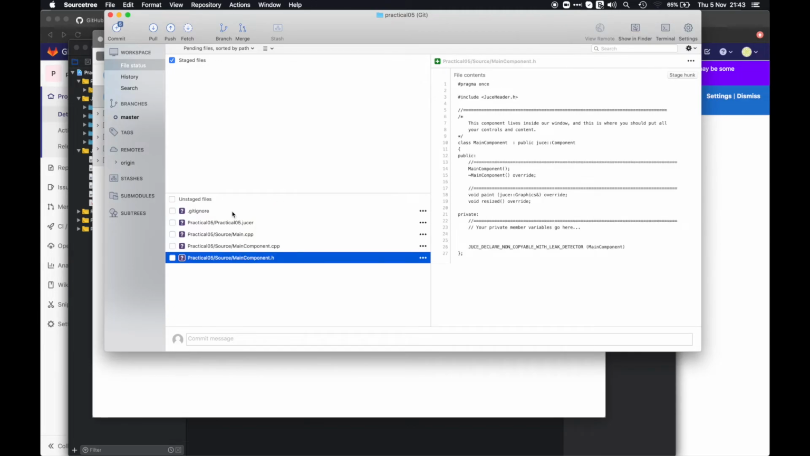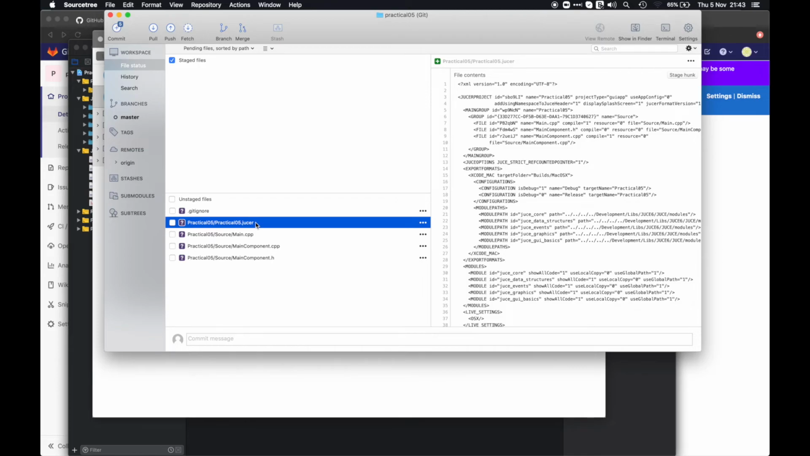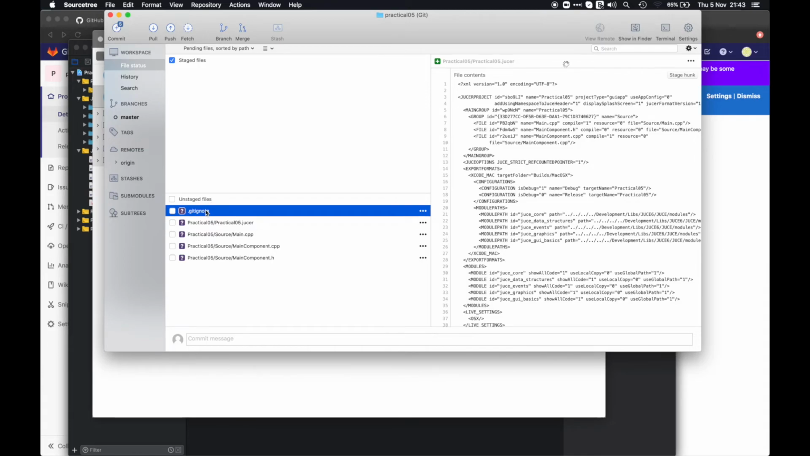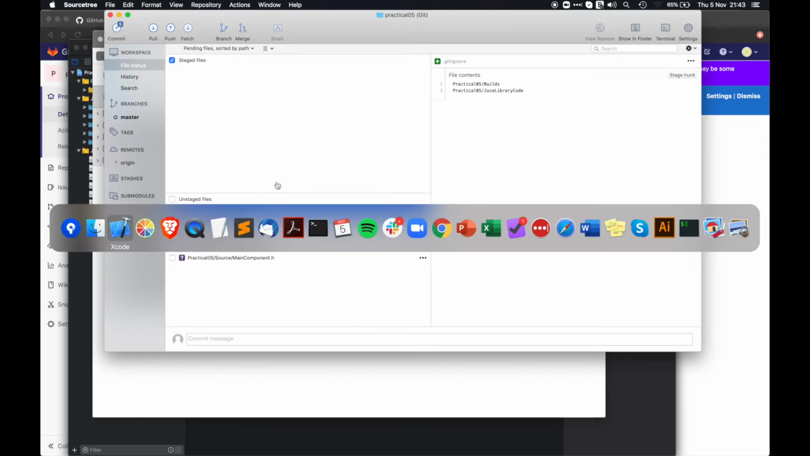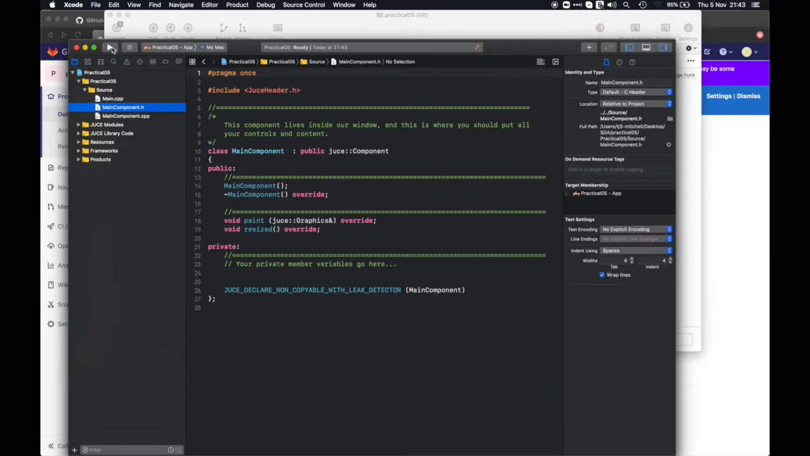And then we're left with only the files that we need, which are my source files, the Projucer file, which can generate all of the files that we've ignored, and our gitignore file. So back in Xcode, this is our bare bones Juce project. I'm just going to check that it works. So if I select to build and run,